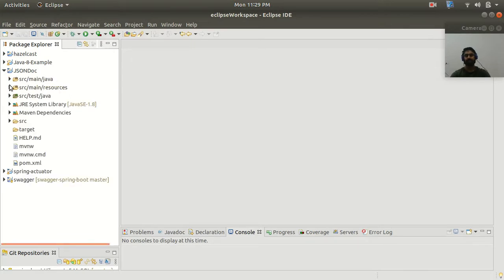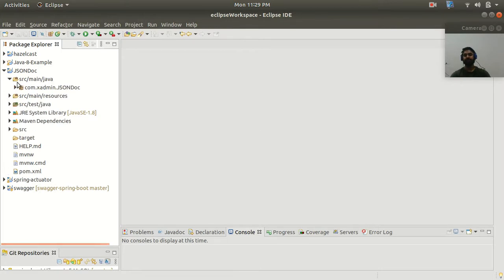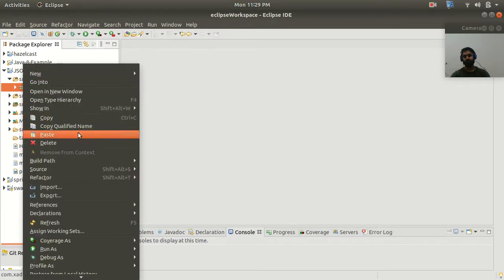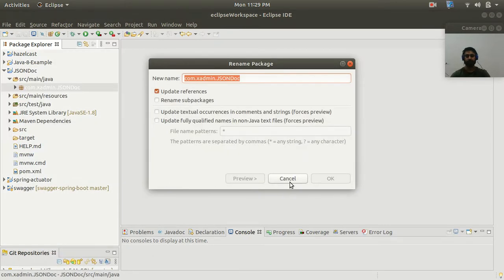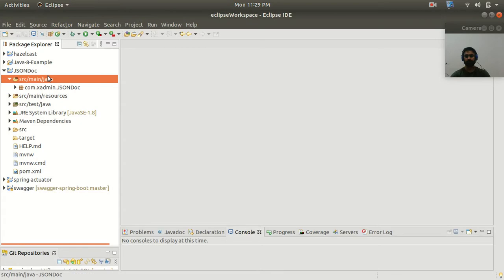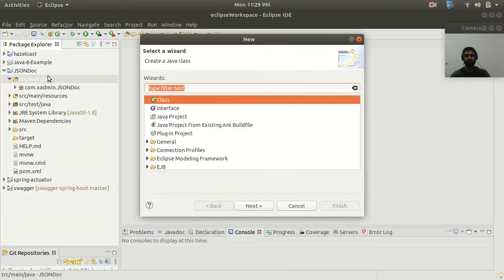Now let us start our session. Here I am going to create all the packages which I'm going to use in this session. Let me copy this package name. Inside the Java folder, we need to create the packages.